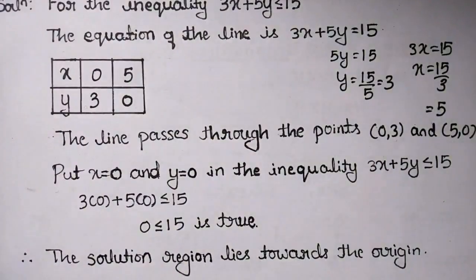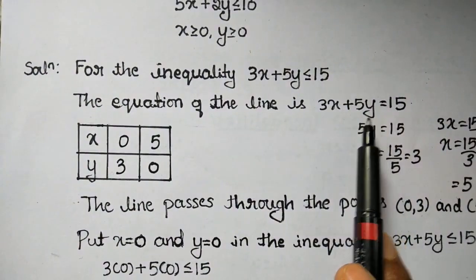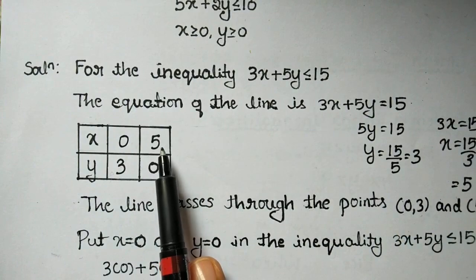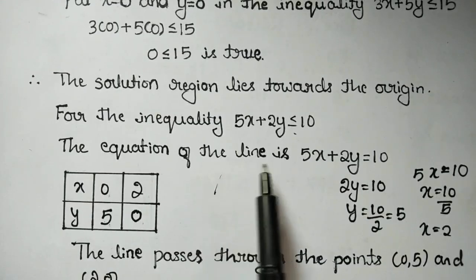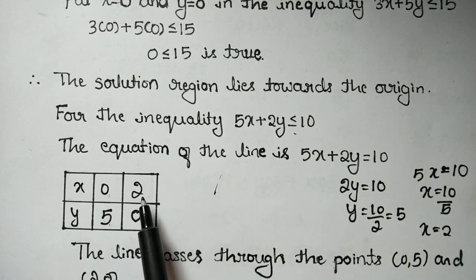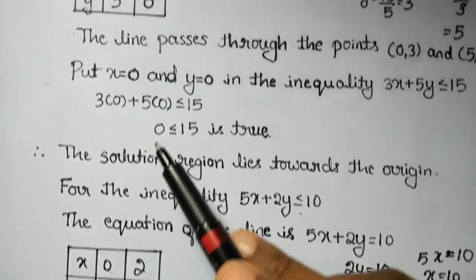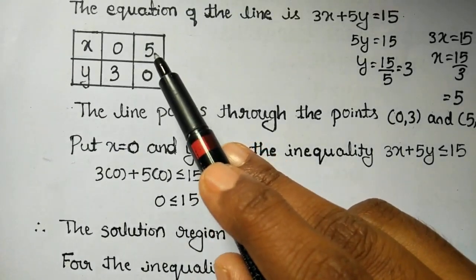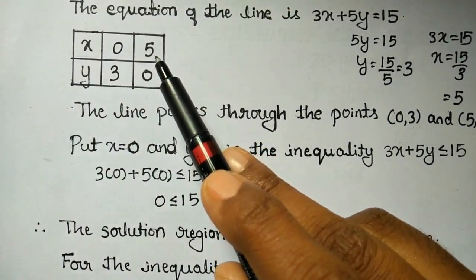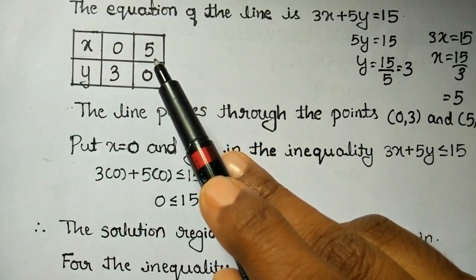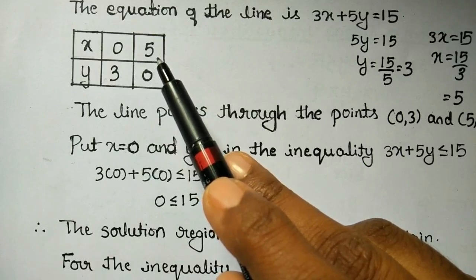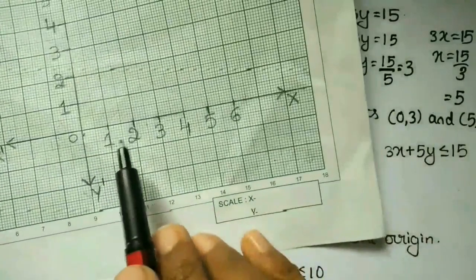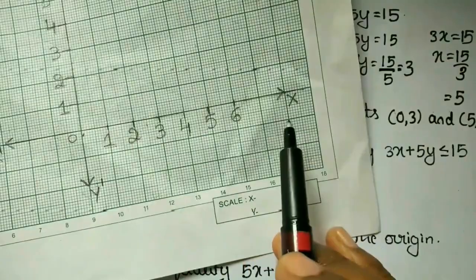Look at the solution. For the first equation, x can take the value 5 on the x-axis. For the second equation of line, x can take the value 2 on the x-axis. Comparing the values 2 and 5, the maximum is 5. So it is enough to mark the points up to 5 on the x-axis, or you can take one extra point. Mark up to 6. So I have marked the points 1 to 6 on the x-axis.